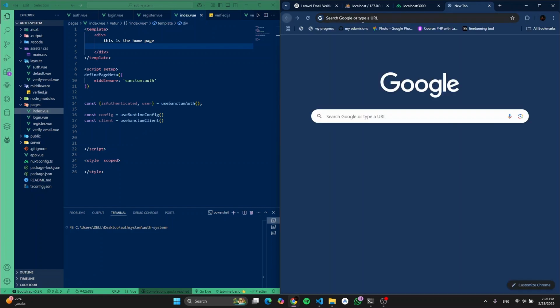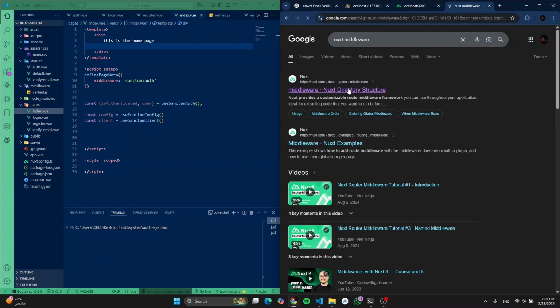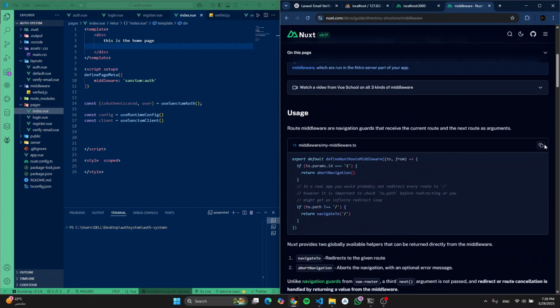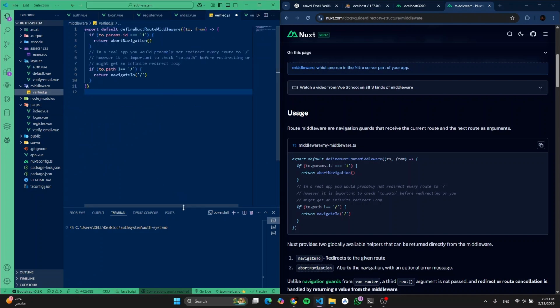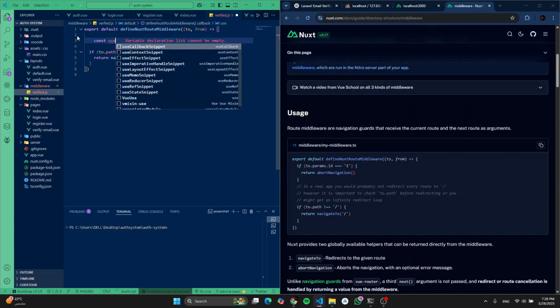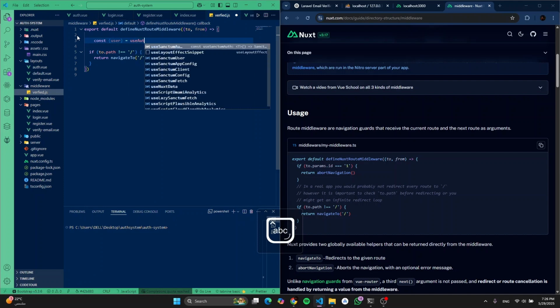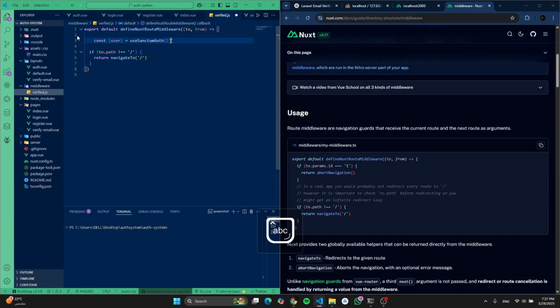So let me now just go to the Nuxt middleware docs, because I always forget how to define one. So yeah, let me just copy this one. Cool. Okay, never mind. So now we will just stick with this one. Let's call const user from use sanctum auth, and we will now check